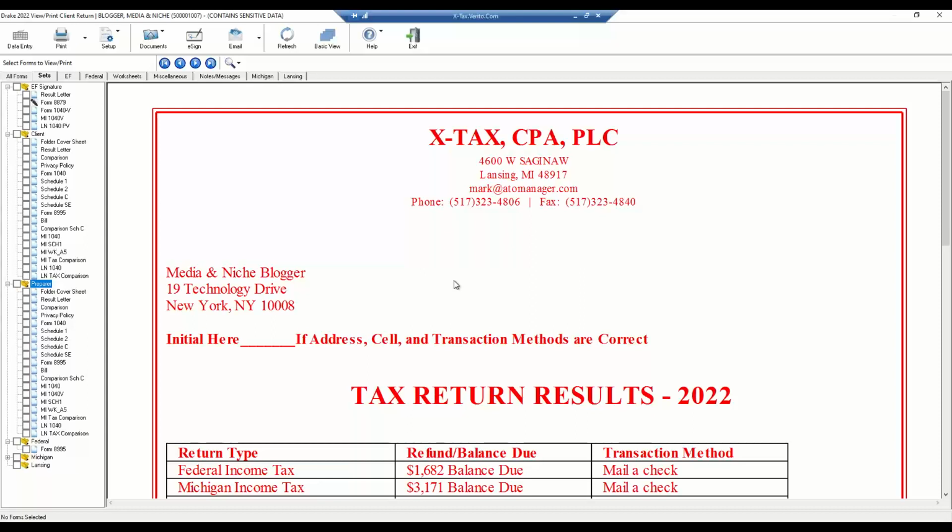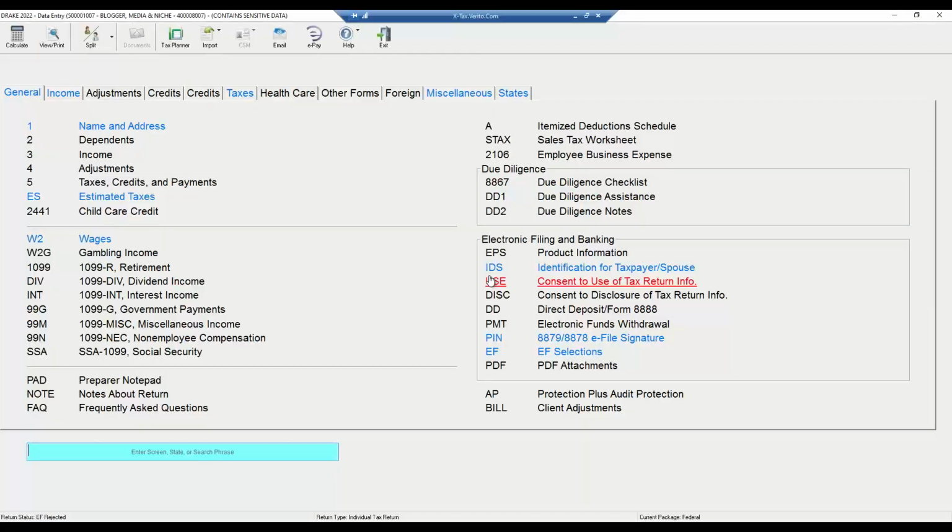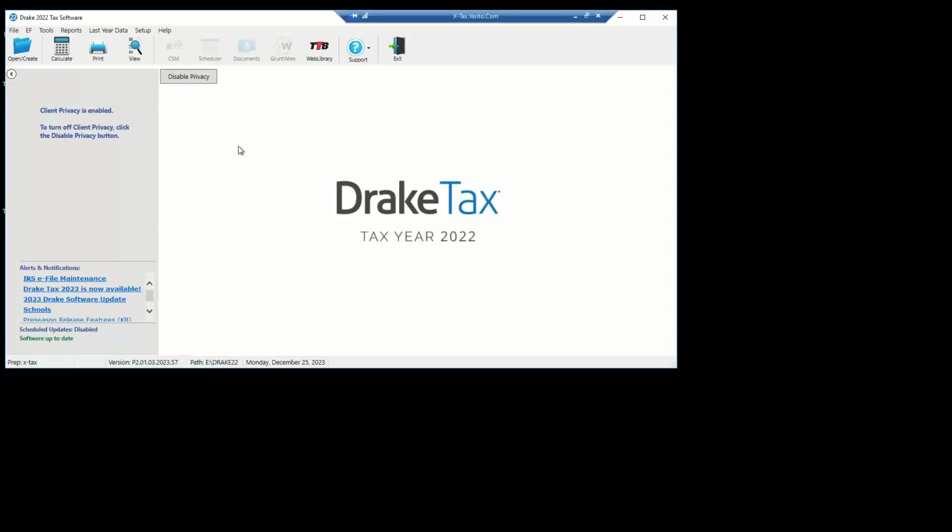Okay, so I know you're maybe saying, what's the big deal? Well, for me, it's annoying and it's one extra step that I don't need to do. So the reason I'm explaining this to you is because how Drake has this set up, it's designed to stop that from launching. It's by user, by workstation. So I just did this under the students file because I logged in under XTax Basic 1040 is my password. So for my laptop here from home, I'll never have that launch again. But if I went to another workstation and logged in under XTax Basic 1040, it would go ahead and do it again